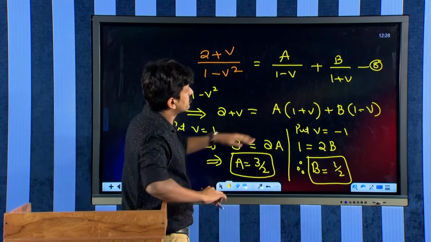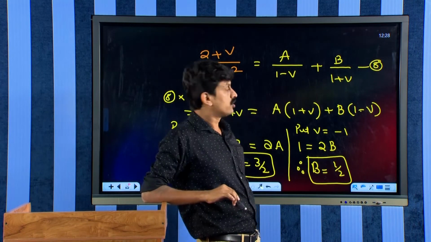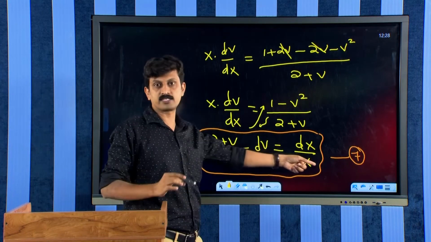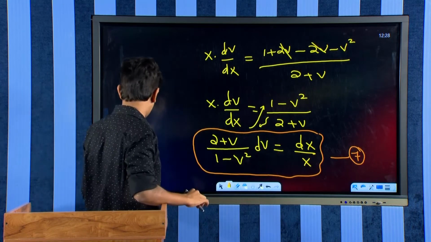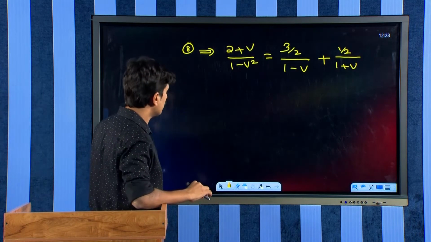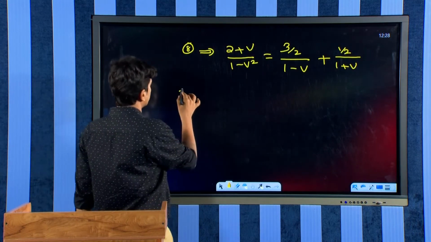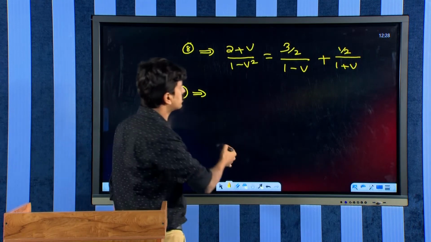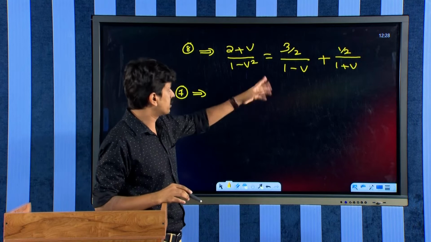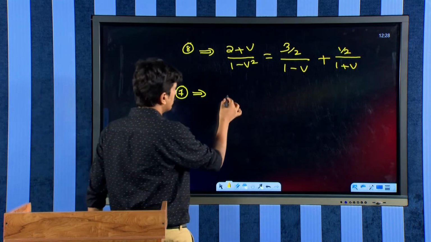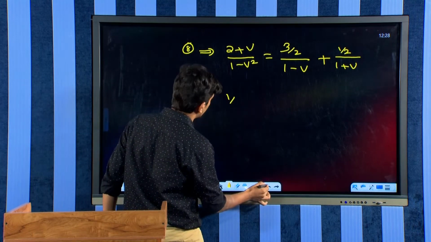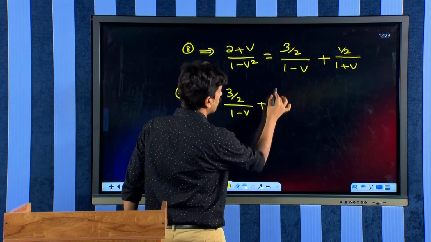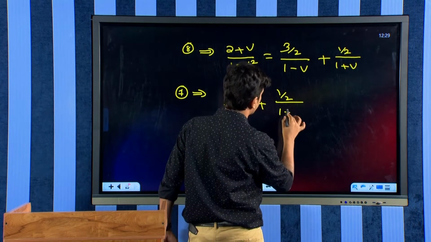So that we can rewrite equation number 7 as: instead of (2 plus v) divided by (1 minus v square), we can write like this. Therefore, 3 by 2 divided by 1 minus v plus 1 by 2 divided by 1 plus v